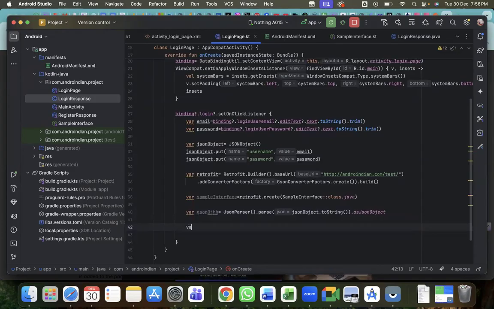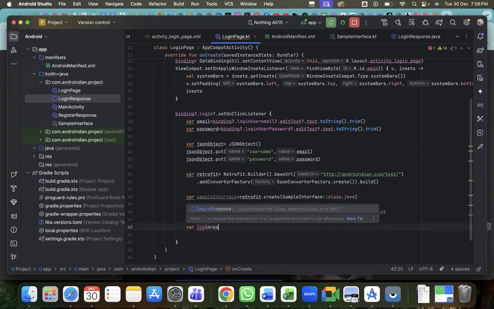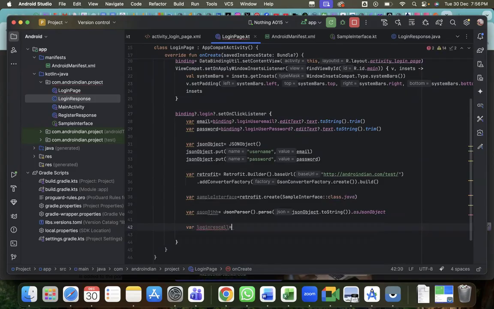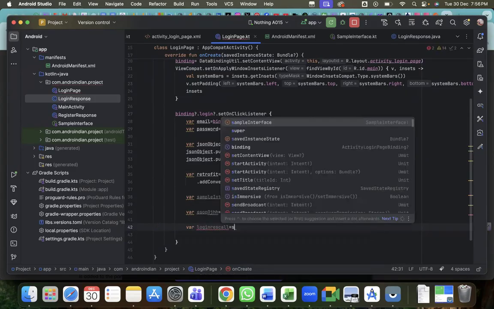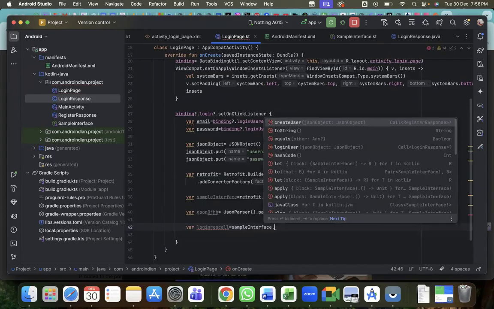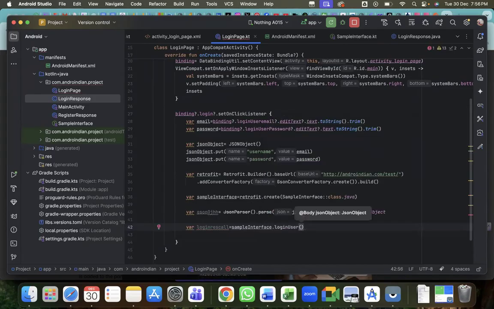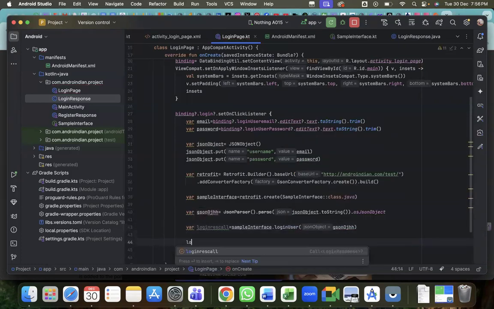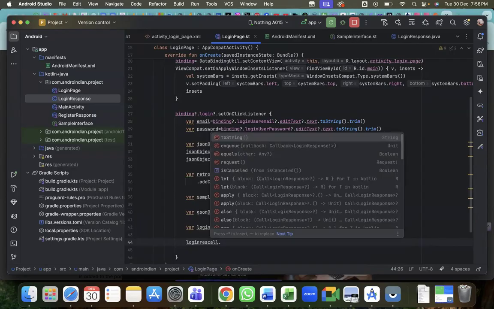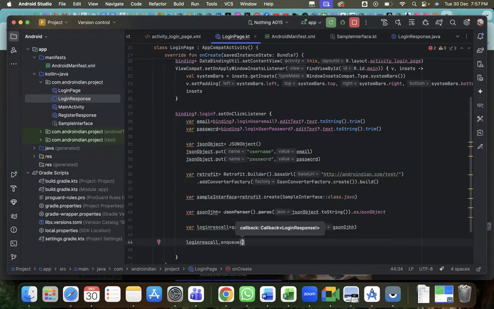Now we have to create one login response call, so that based on that we can go with the next step. So the login rest call equal to, with reference of the sample interface dot login user. Within this login user, we are sending this JSON object data here. Then login rest call dot enqueue method. So within this enqueue method here now,